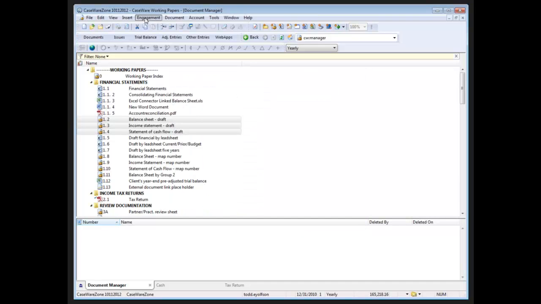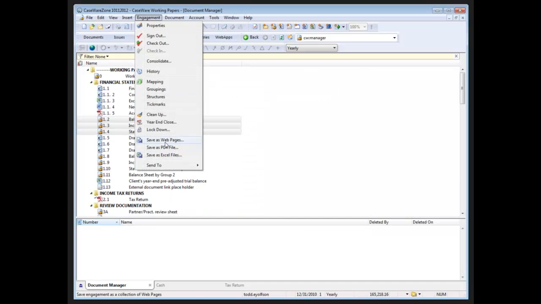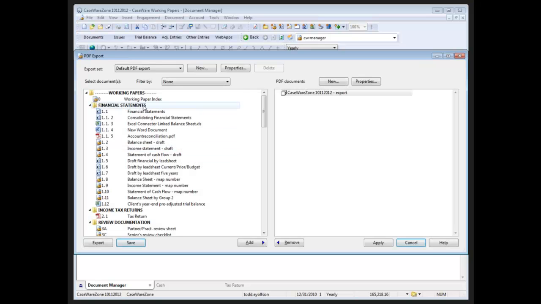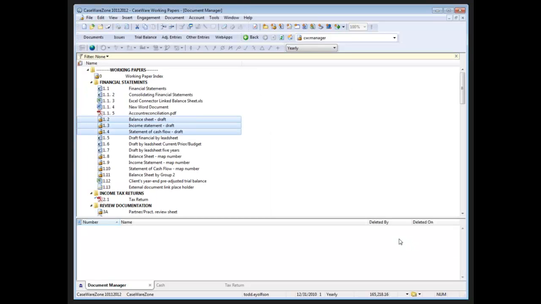And under both engagement, save as PDF file, and file export batch PDF, we have the ability to create batch PDFs from this document manager and include any or all of the documents from the document manager in a PDF export. So some great PDF functionality built into the Caseware Working Paper software without having to use any other PDF